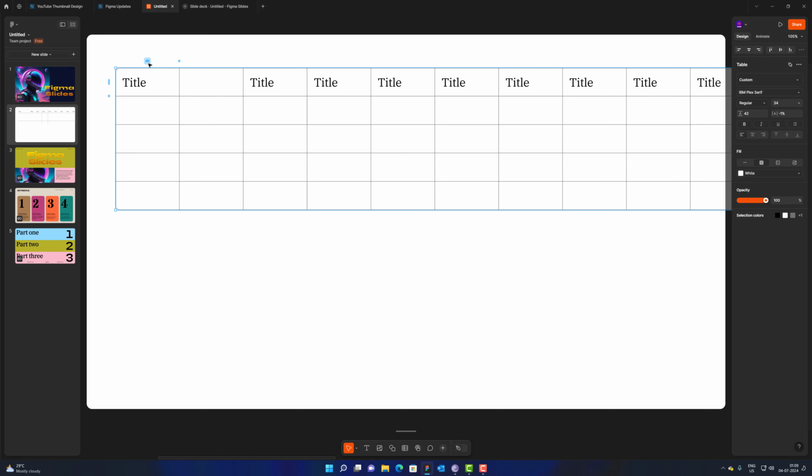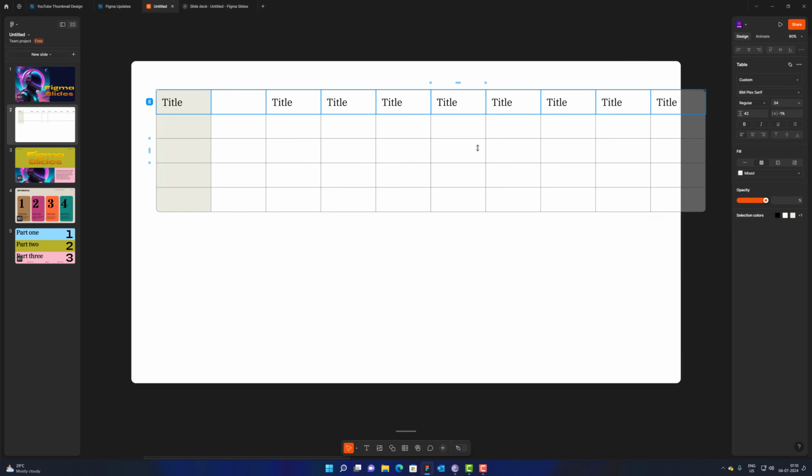In the same way, if you want to select the whole column, you can simply click on this icon and it will select all the cells in the column, and then here you can change the colors and the font, etc. On the other hand, if I want to select the row, I can simply click on the left side. This turns into an expand icon, and I can select all the cells available in this table. Now the thing is, I can change the color here as well, but